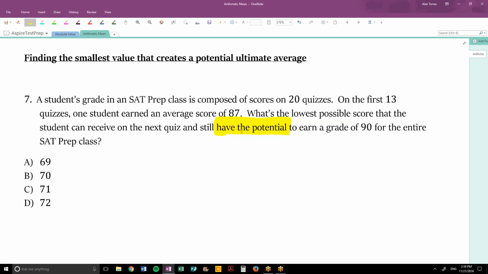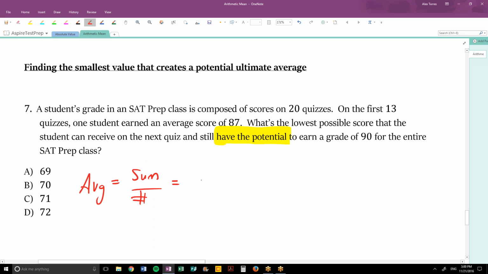What you're doing when you do that is you imagine that you're going to do perfectly on all the next tests. So when you're talking about potential, you're talking about an ideal, which means that we're going to imagine that some of our values are perfect values. So in general, an average is the sum of all our values over the number of values,